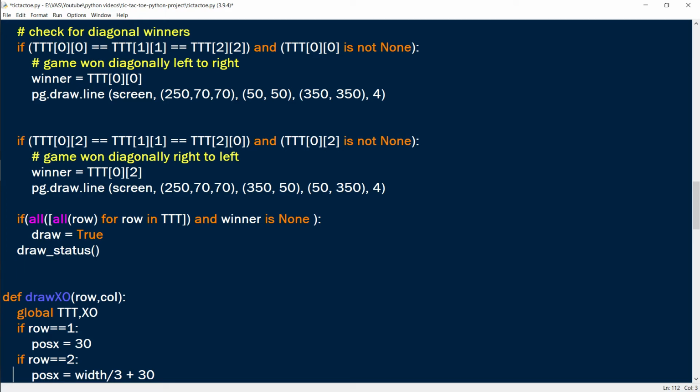A player can win when they have marked 3 consecutive marks in a row, column or diagonal. I'm repeating, this function is called every time we draw a mark of cross or 0 on the board.